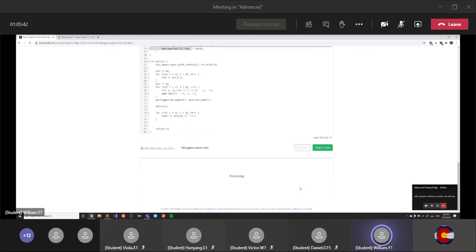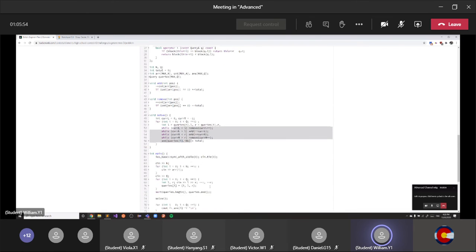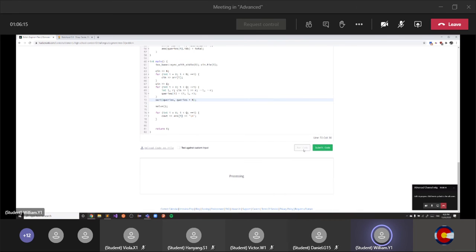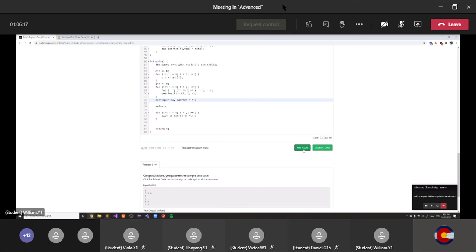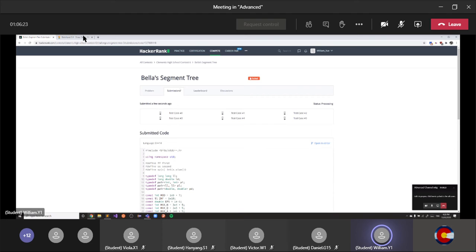Okay, you might be surprised, but if we run this code, there's not supposed to be an error. So where's this error? Oh, okay, it's not a vector. This is just C++ sorting syntax, so it shouldn't be that hard to convert it over to Java. Okay, so it passes the sample, and actually, if we submit it to the judge test cases,